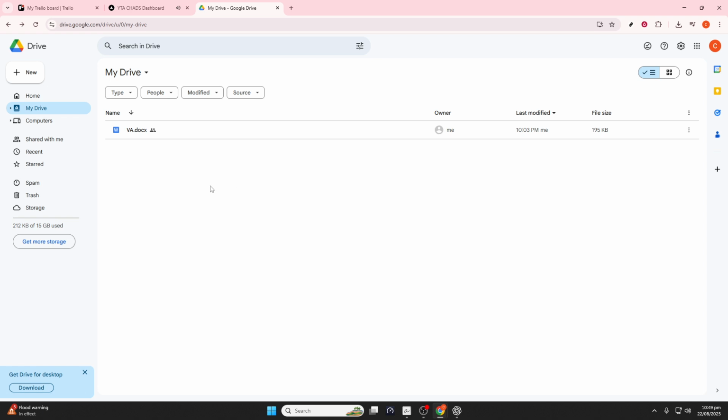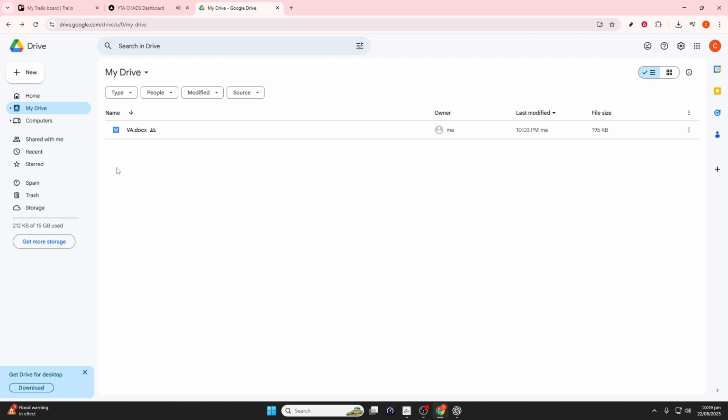First, you need to go to Google Drive and log into your account. If you don't have an account yet, you'll need to create one to proceed. Once you're in, you'll see your main dashboard where all your files and folders are located. This is the central hub of your Google Drive, and getting familiar with the interface will help you manage your